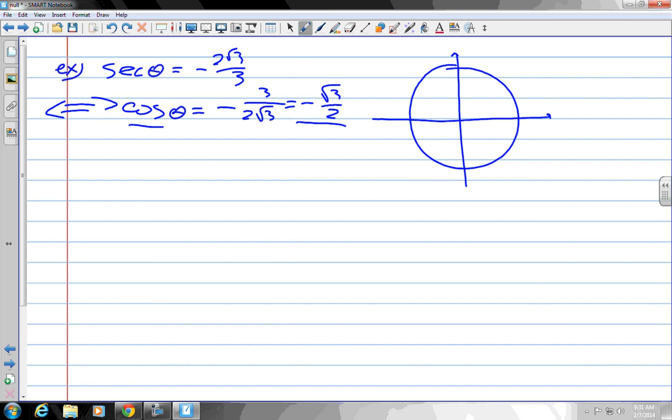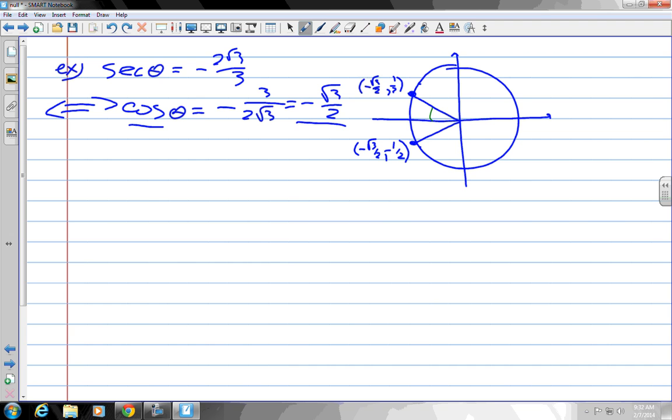Cosine is the x or the y value? X. So we're going to be in the second and third quadrants, right? So now, for which angle do you see negative root 3 over 2? This one, right? So it's negative square root of 3 over 2 and 1/2. And this one, which is negative square root of 3 over 2 and negative 1/2, right? These are the two points where the x value is negative root 3 over 2, right? The reference angles